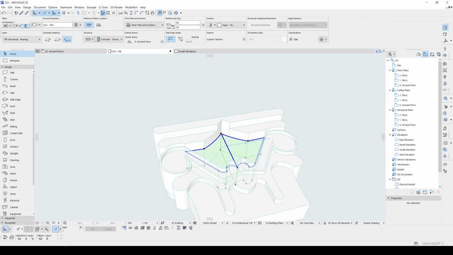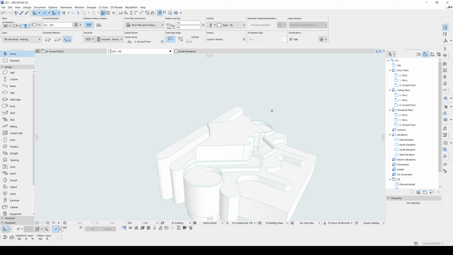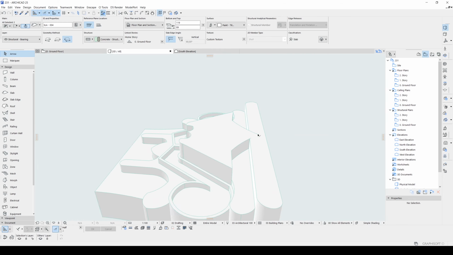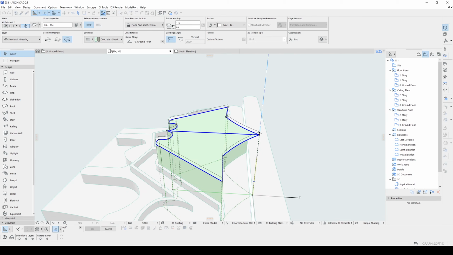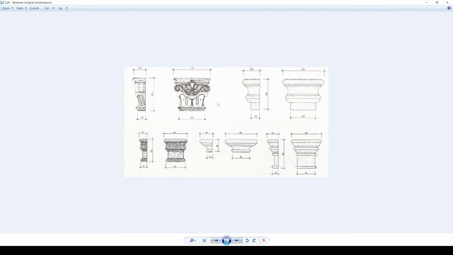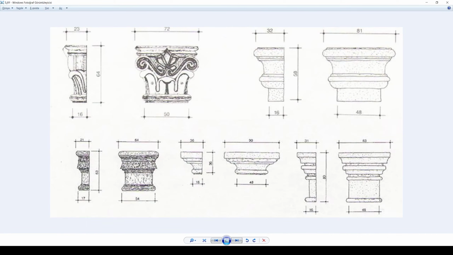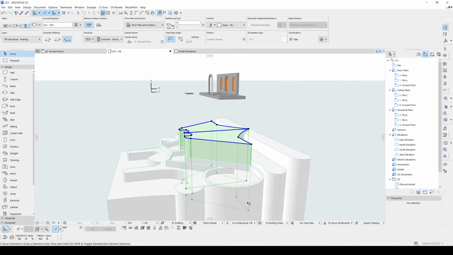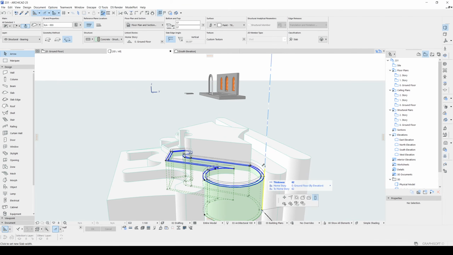Actually, this part is going to be higher than this. Maybe something like this. Let's look at our reference image. Yeah, it's in front of this top part. And this one also.